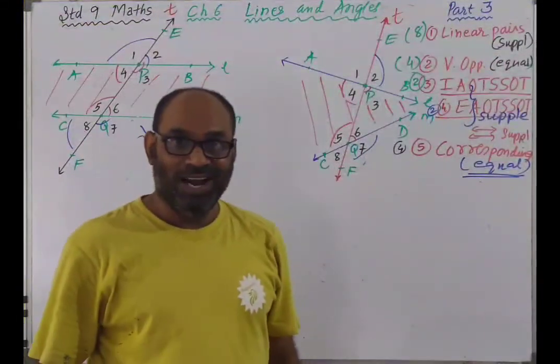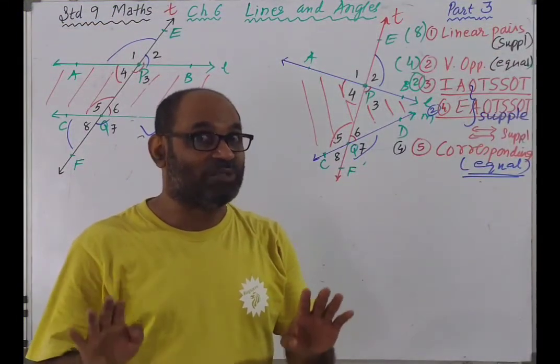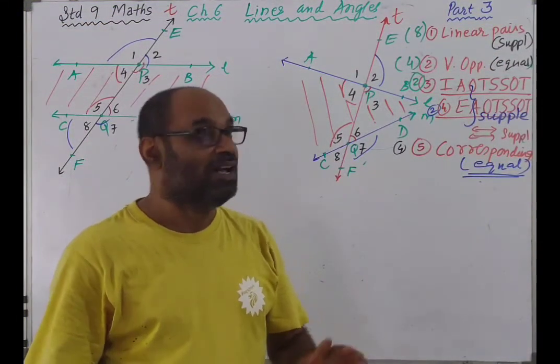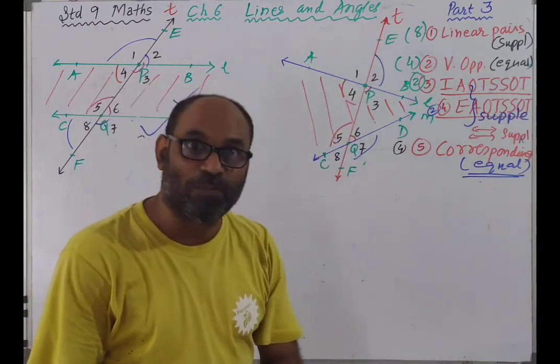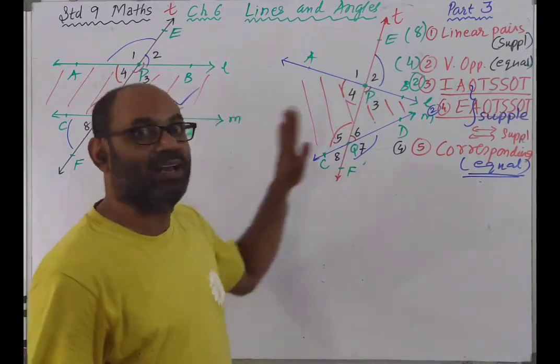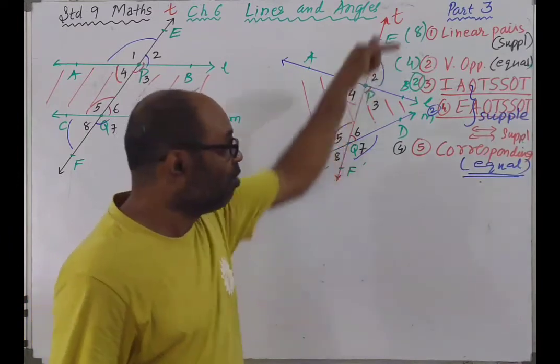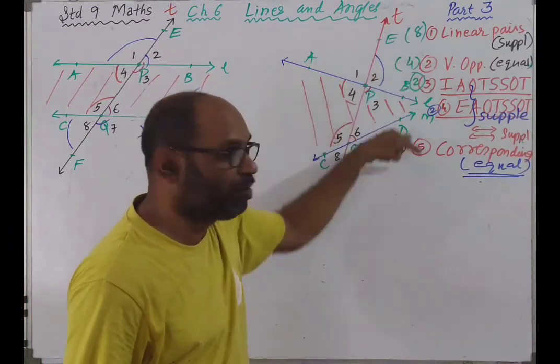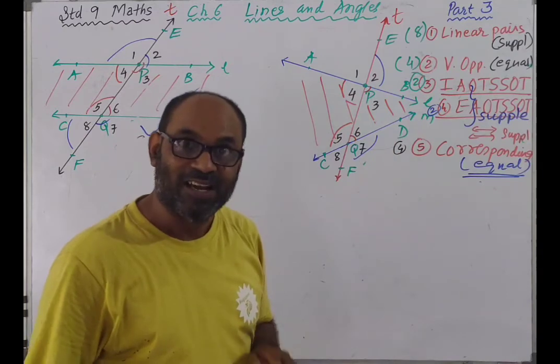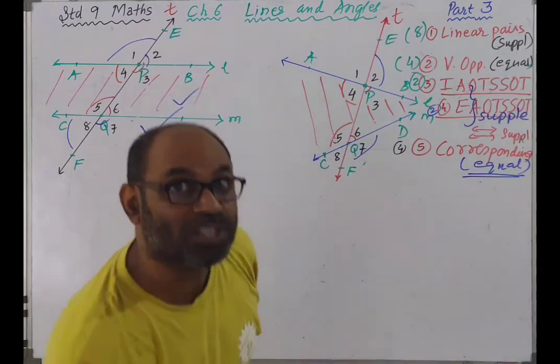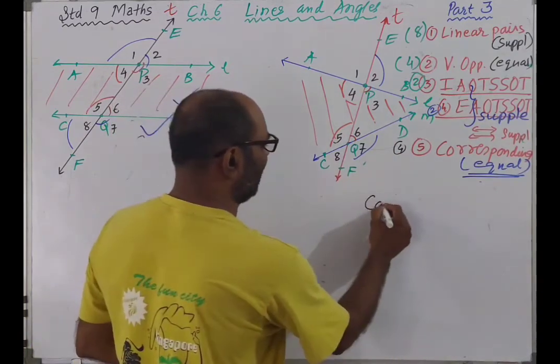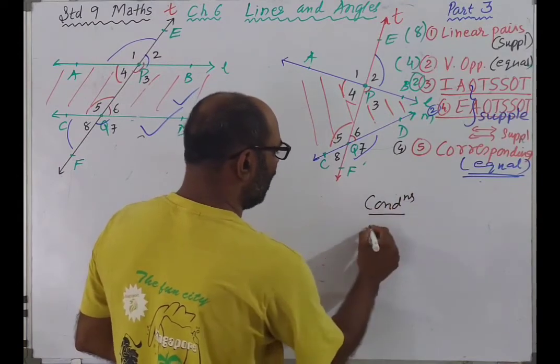Okay, all right. Totally 6 types of pairs of angles are formed when a transversal intersects two coplanar lines, whether the lines are parallel or intersecting. We have already seen 1, 2, 3, 4 and 5 pairs of angles. Now the 6th one. And what is the 6th one? पहले condition देखते हैं. Conditions. First,